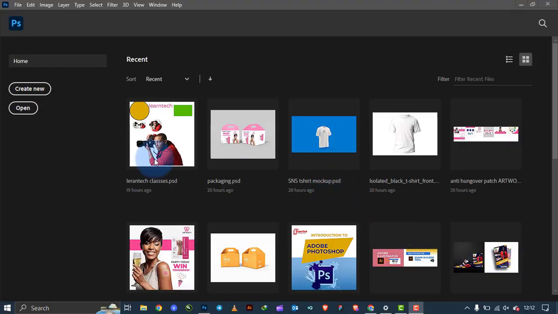Hello friends, welcome to another introduction into Adobe Photoshop. This is a quick introduction to show you how Adobe Photoshop works before diving into real projects. In short, this video is meant to make you familiar with the Adobe Photoshop interface. So when you have installed Adobe Photoshop on your computer and you open it, you're going to